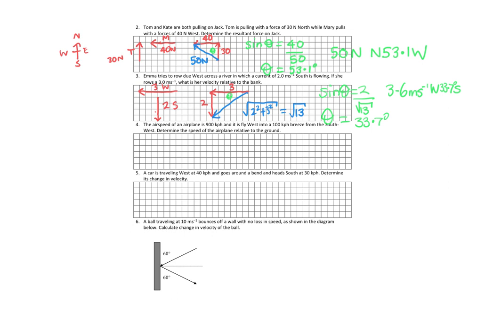In the next one, we have a similar question. The airspeed of a plane is 900 kilometres an hour and it is flying west. There's a grammar mistake there. Into a breeze from the southwest, determine the speed of the plane. So we have our plane going,